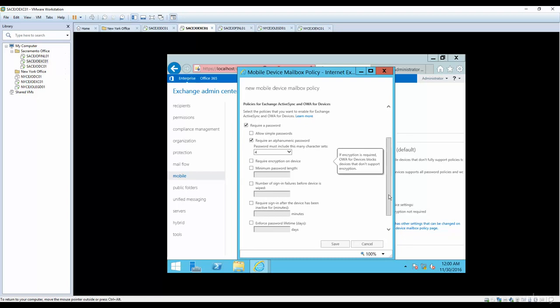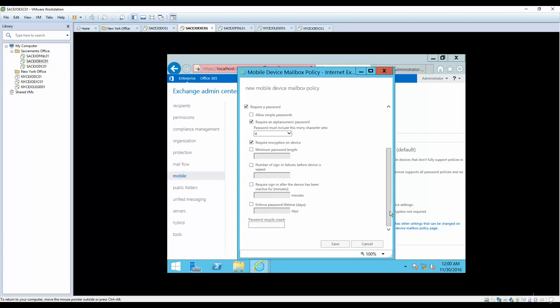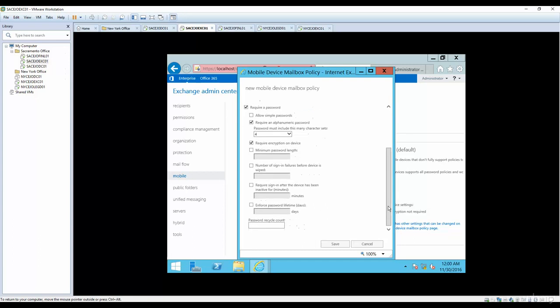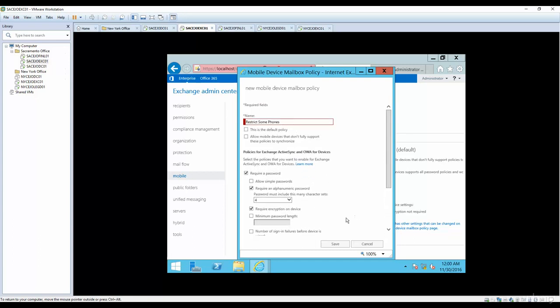In this scenario, our legal department wants to allow mobile devices, but they want us to encrypt it. So we are going to click on this option, require encryption on devices. This is going to require encryption, and you can configure more options like minimum password length, all those kinds of things for your encryption purposes. So that's how you can configure your